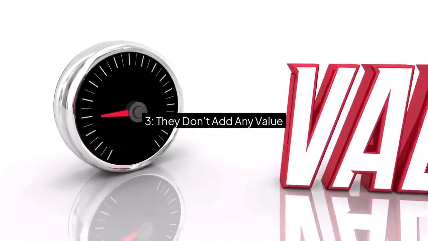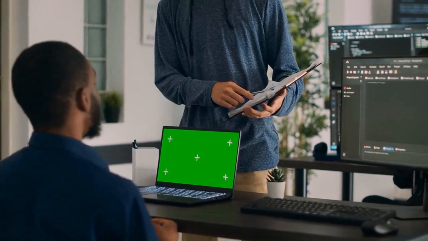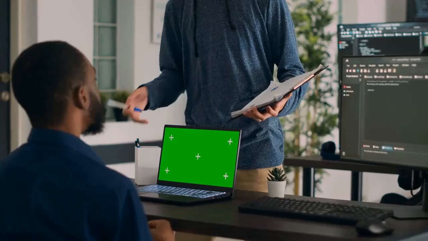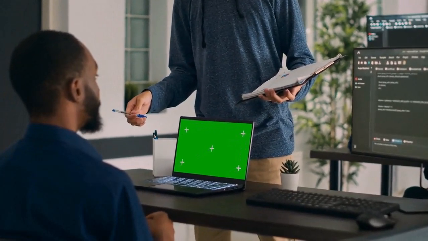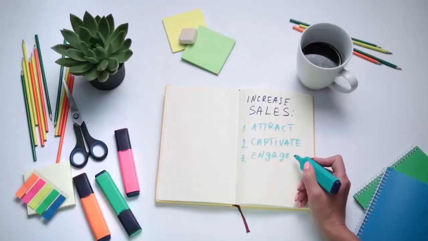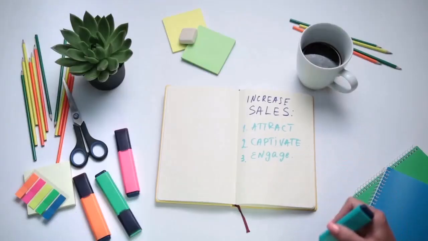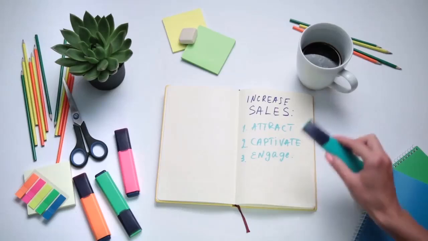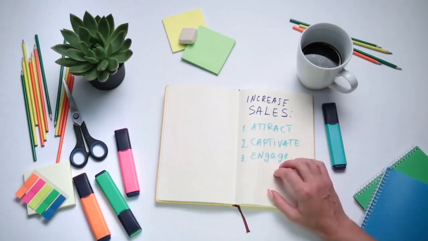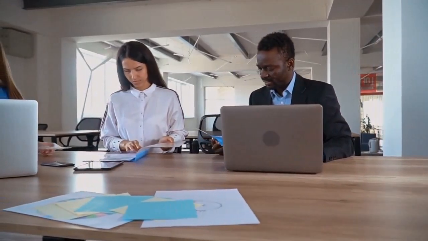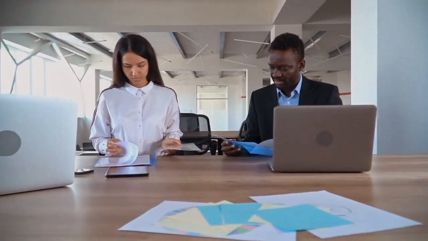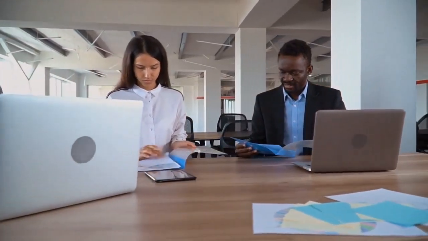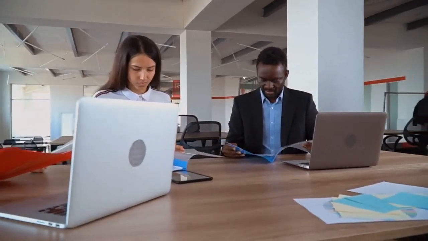Number three, they don't add value. PLR gives you content, but if you don't enhance it in any way, it just feels like repackaged information, and people can spot that a mile away. If you want to actually sell your PLR, or even use it to build your email list, you've got to add value to it. That might mean turning it into a short video series using the script as a base, or recording your own audio walkthrough explaining key parts, or creating worksheets and checklists to help people apply what they learn.